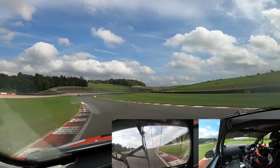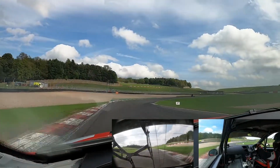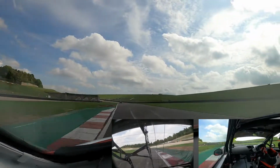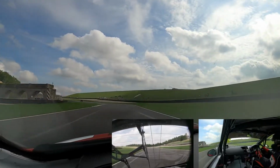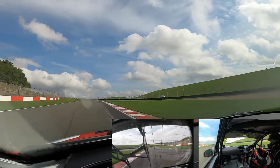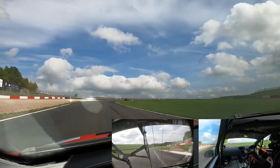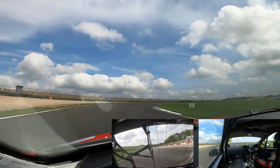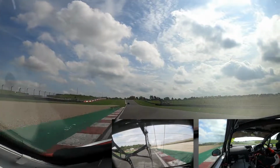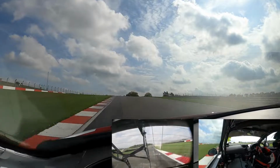If you noticed there, I started to hit the limiter. What's happening is the car's actually starting to overheat, which isn't great news. On certain parts of the circuit, the limiter kicks in to make sure I can't rev high. Because of that, I have to start managing it already in the race, lift and coast or changing up early. You can notice that as you go along and hear the limiter kicking in, and I had to change the driving style,